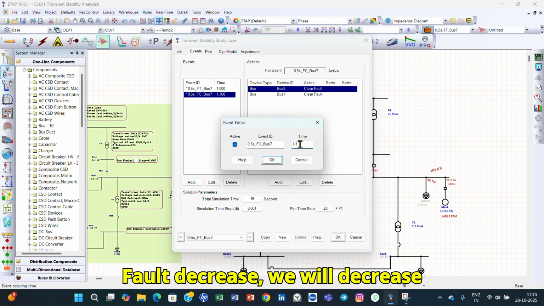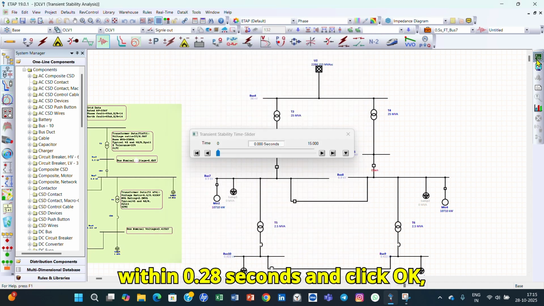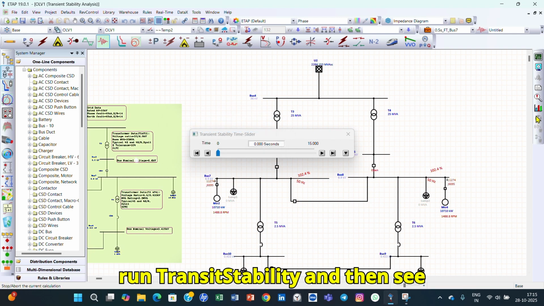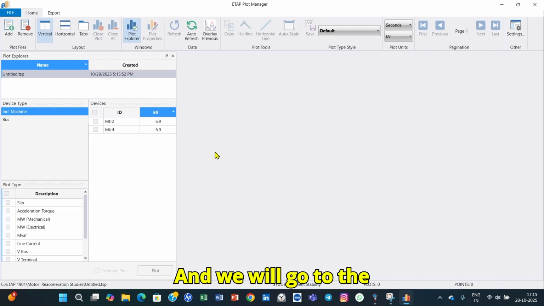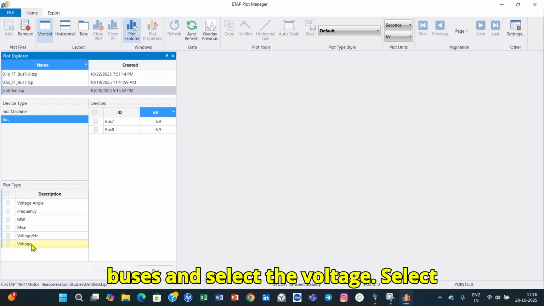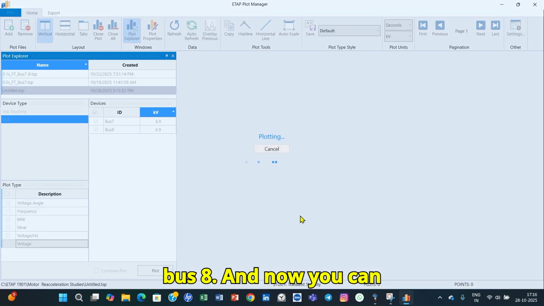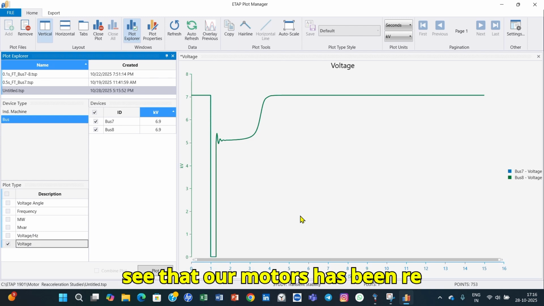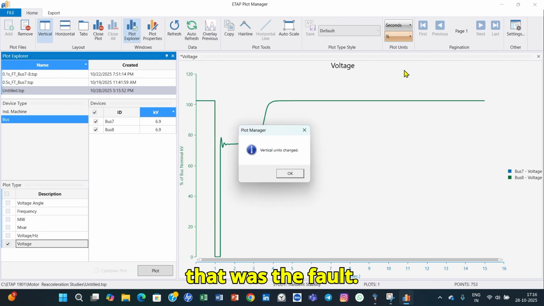We will try 0.28, that is, we will clear the fault within 0.28 seconds and click OK, run transient stability, and then see the transient stability plots, and we will go to the buses and select the voltage, select these two buses, bus 7 and bus 8, and now you can see that our motors have accelerated back to the original value. The voltage has regained its original value from the fault,